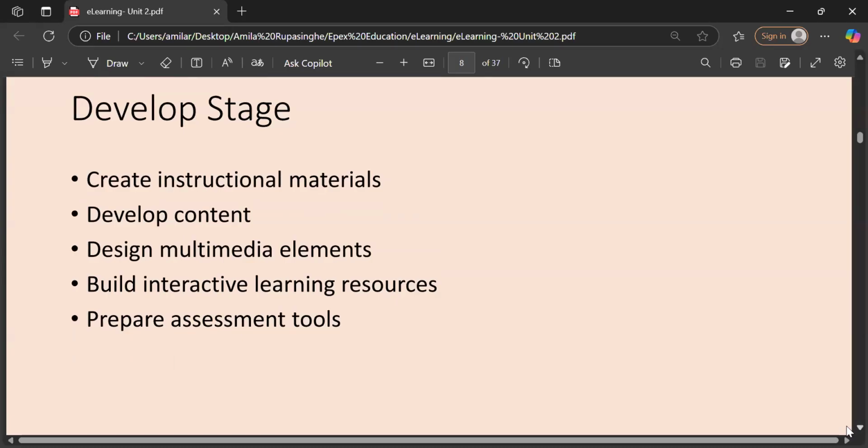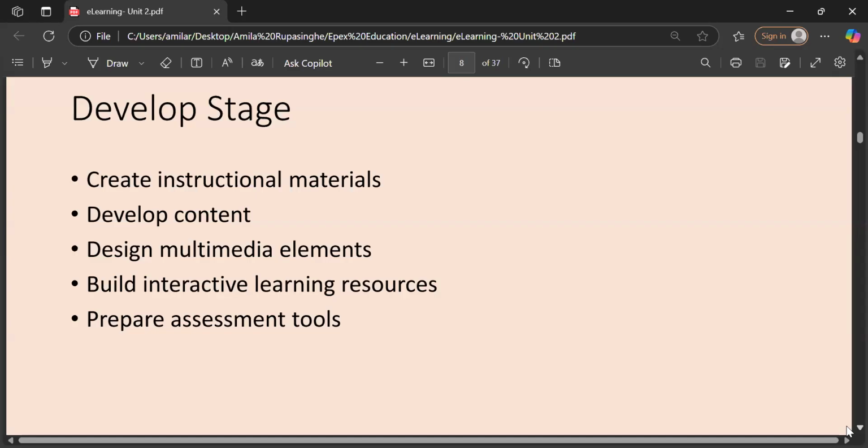Maybe some kind of notes, textbooks, textbooks should be online, right? Some kind of content. You have to do content development, right? Then the multimedia elements that you want to use in your process.